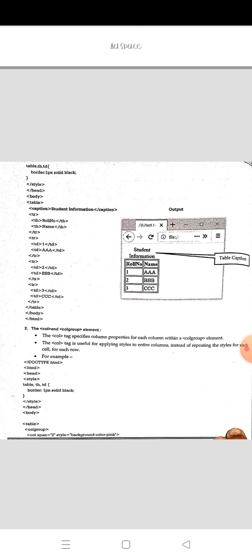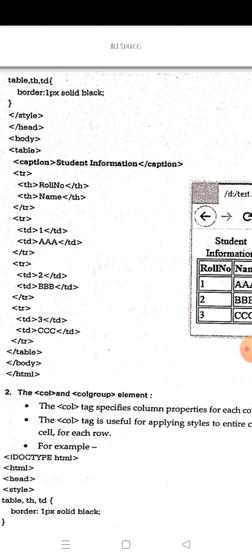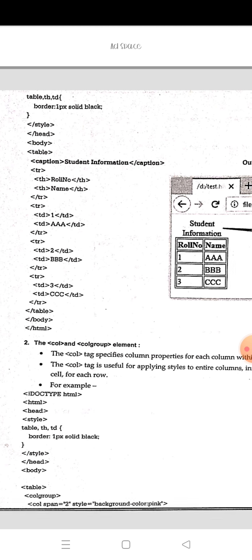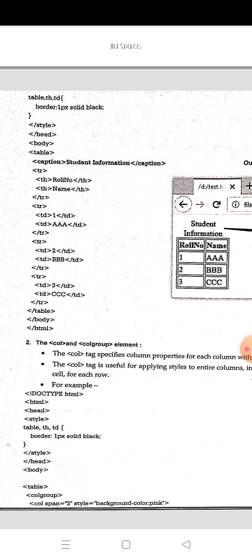We have to define the style for table, table header and table data. For these we are defining the style: the border is 1 pixel solid black. Then close the style tag. This is optional; if you don't define the style, also no problem. Then close the head tag.